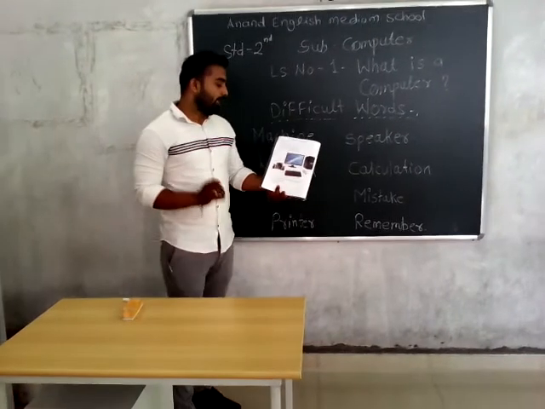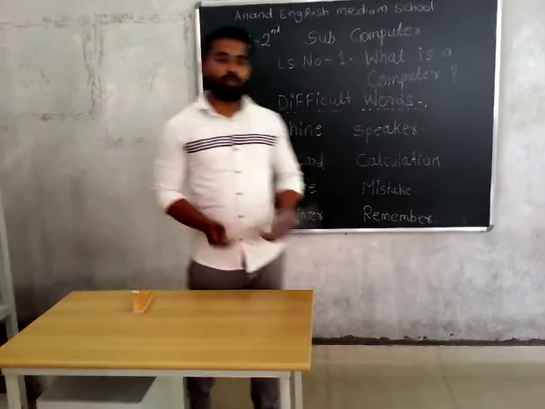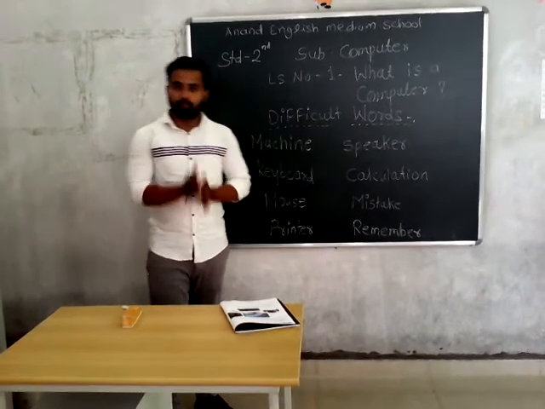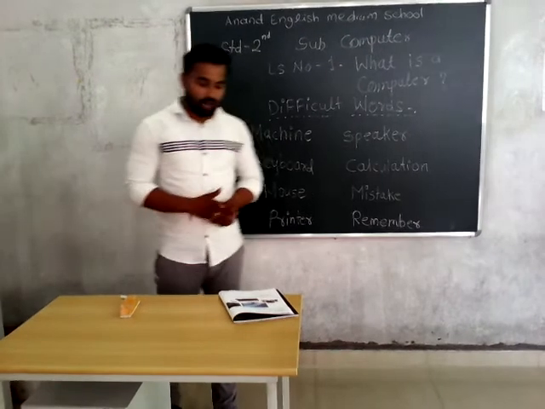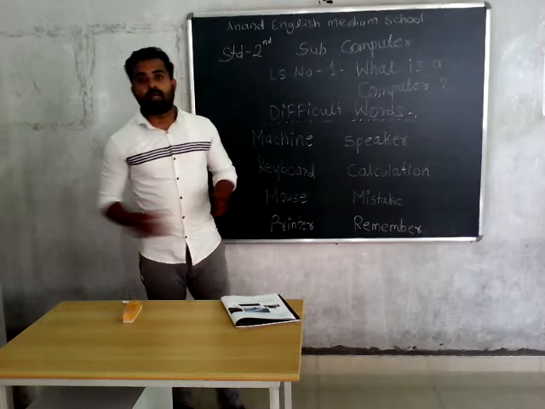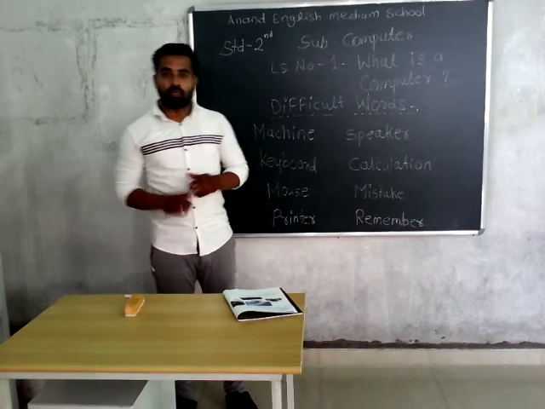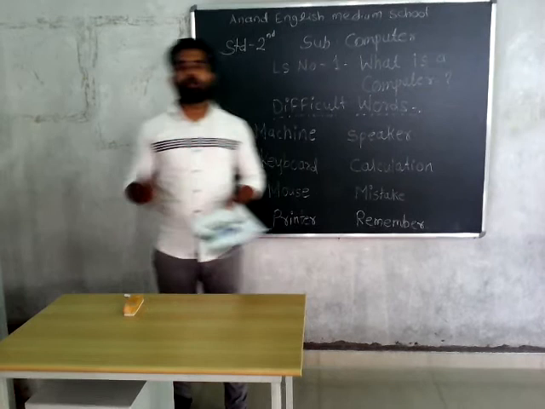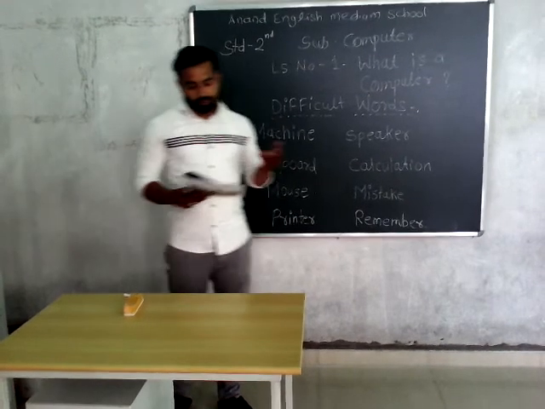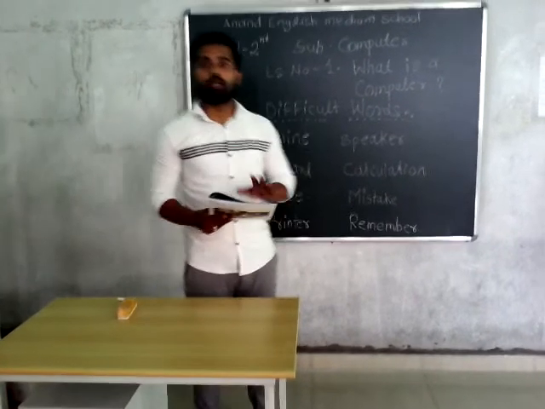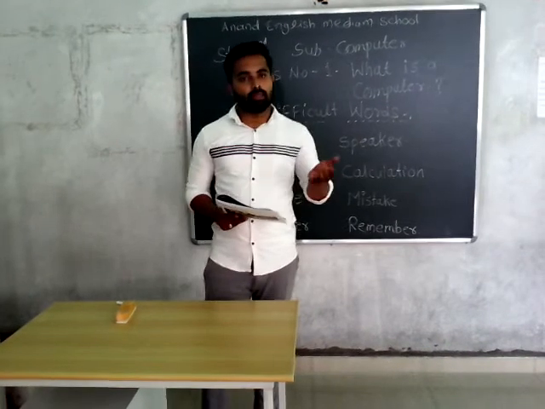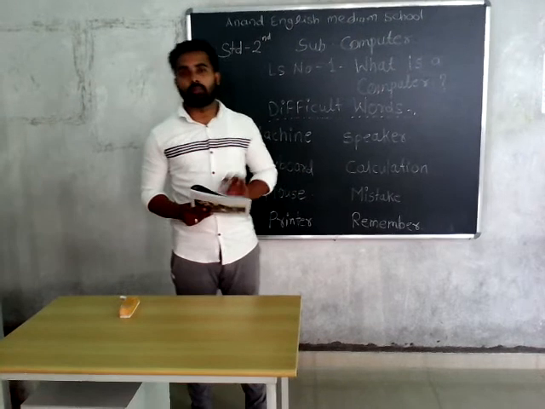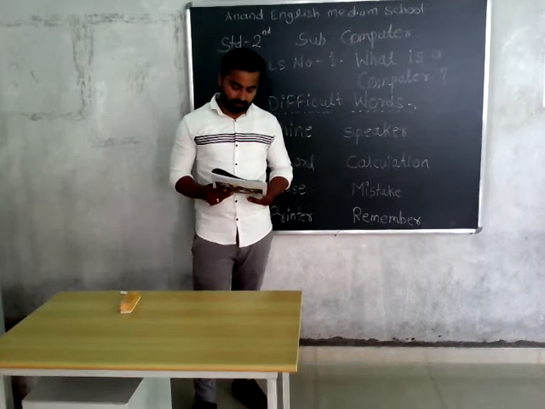The fourth feature is that it can do big calculations very fast. As I told you earlier, it will do big calculations very fast. After that, it does not tire even if it works for a very long time, either short or long, it does not tire. After that, it does not make mistakes. If you are doing anything on the computer, it does not make mistakes. A human being can make mistakes, but a computer cannot make mistakes.